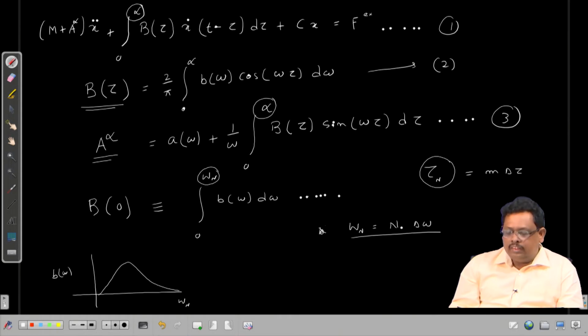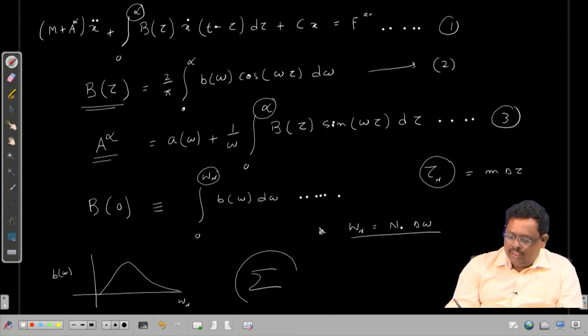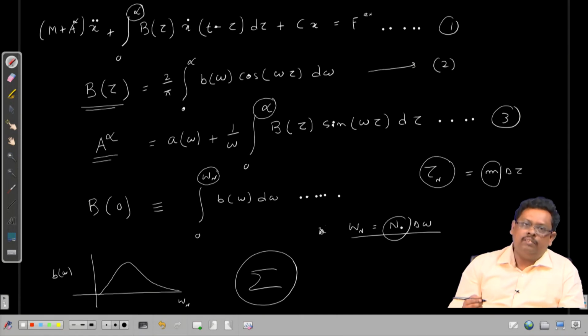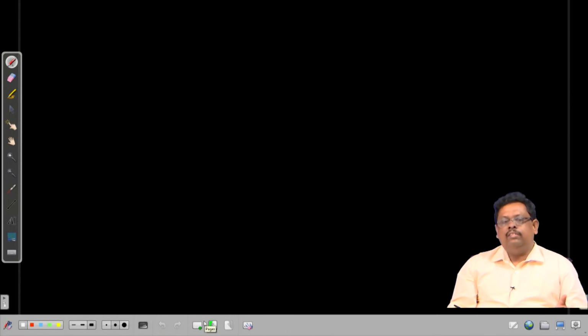Now, at the end we need to convert this into some kind of numerical technique. Therefore we have to use a summation term. While doing this summation, I need to know at which n I should apply the summation form, or at which m I should apply this summation. That we discussed in the last class. So today